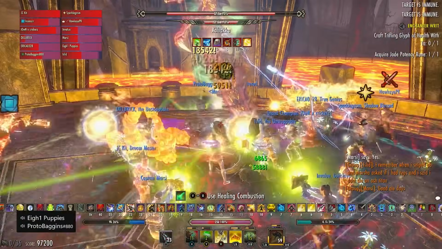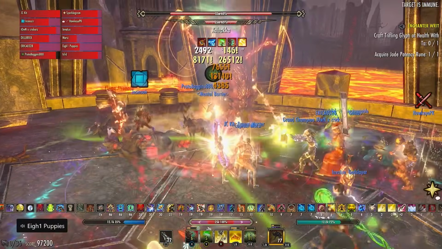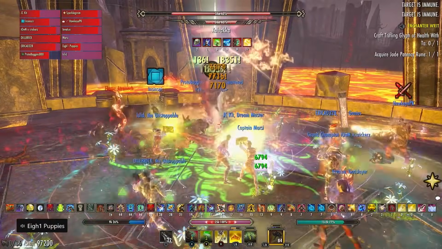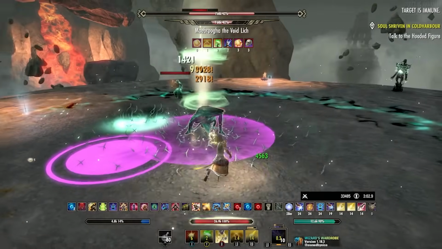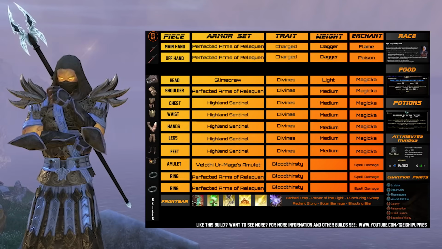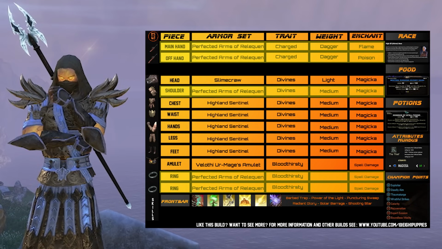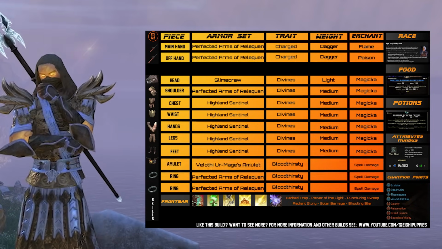For each of these builds, I start with the strict meta setup, followed by some gear alternatives for situations where the meta sets might not work too well, or if you just want something different, ending with a variation created specifically for solo content. So with that, starting with our meta 12-man build, the setup that we'll use to push 105k on the dummy and that will do the most single target damage in content will involve running Perfected Arms of Reliquin on the weapons and jewelry, Highland Sentinel on the body, the Velathier Mage's Amulet, and one piece of